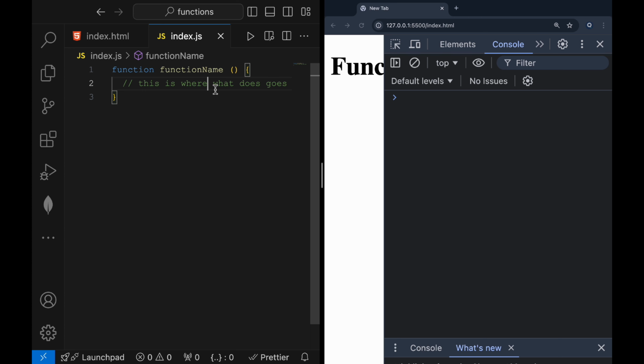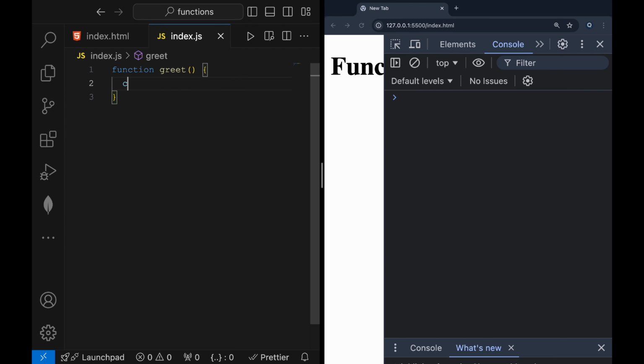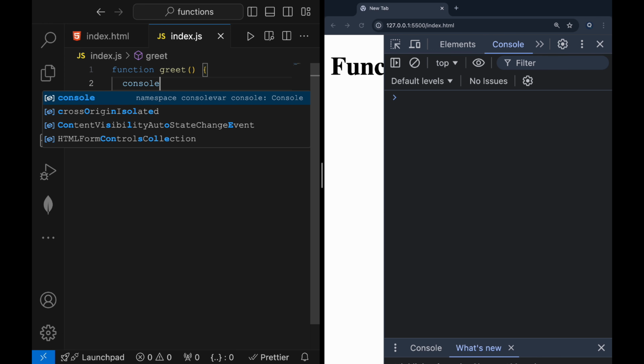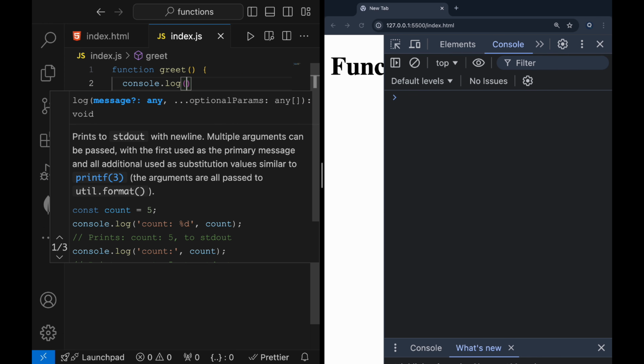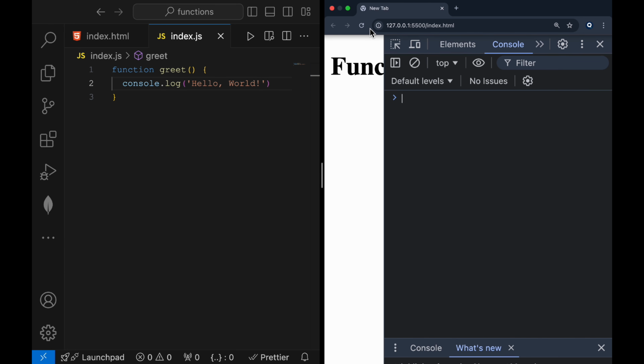So now let us start writing a real function. Let us start with a simple function like a greet function. I'll just write a greet function, and inside the greet function I can just do console.log hello world, like this. If now I come back to my browser and refresh,